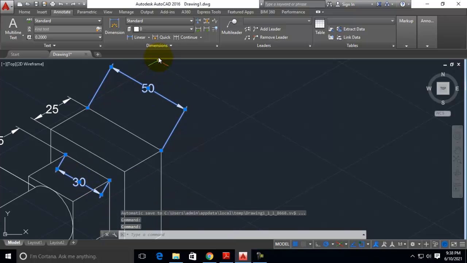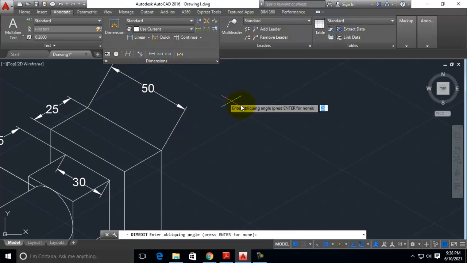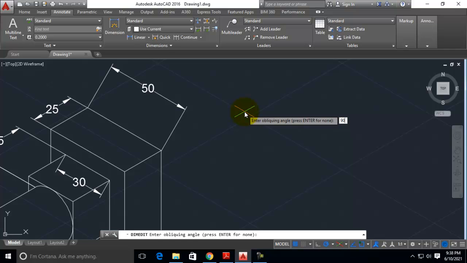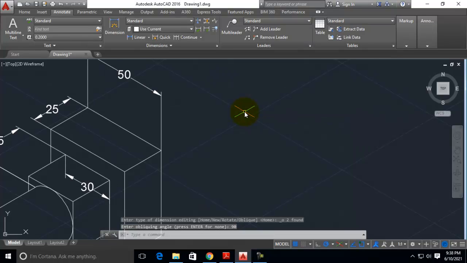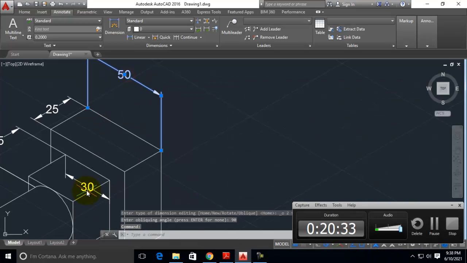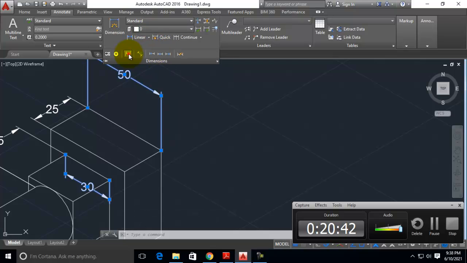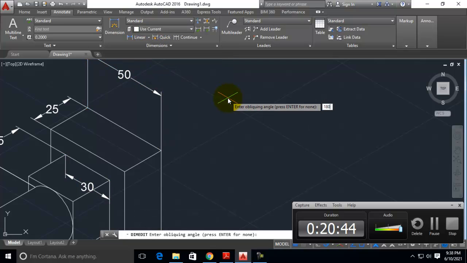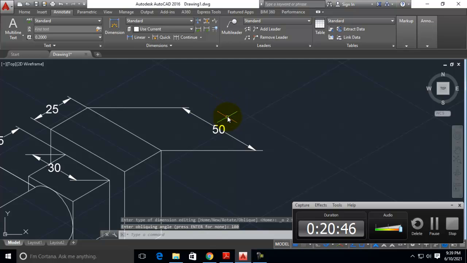Now go to, again I am going to repeat it, change the oblique angle as 90 degree. Let's say 90 it is coming, I think 90 is, if it is not okay, change it to 180, it will be better. If it is almost 90 degree to that line. Now change the angle as 180. Now it's not okay.